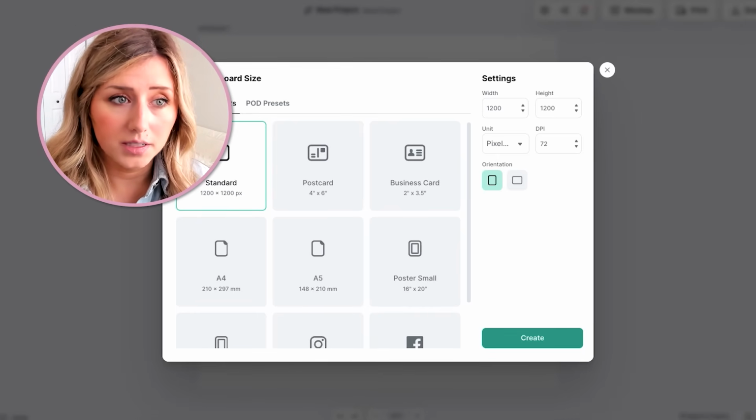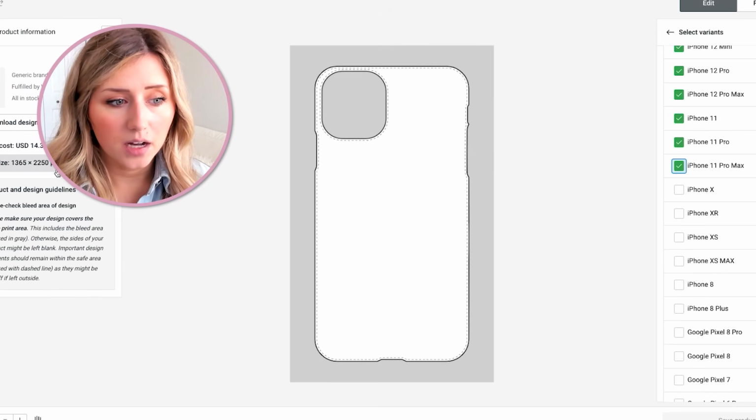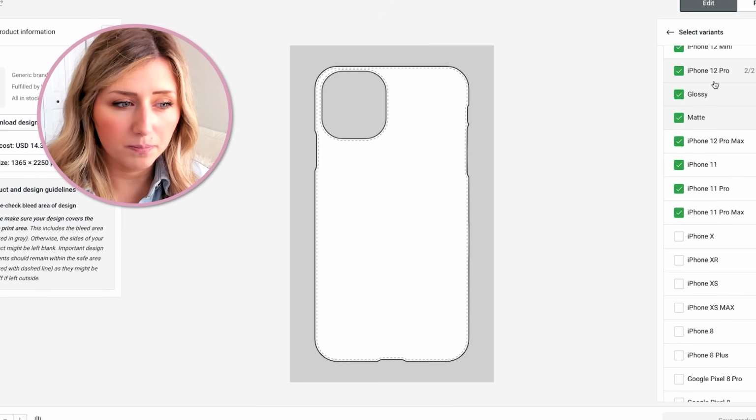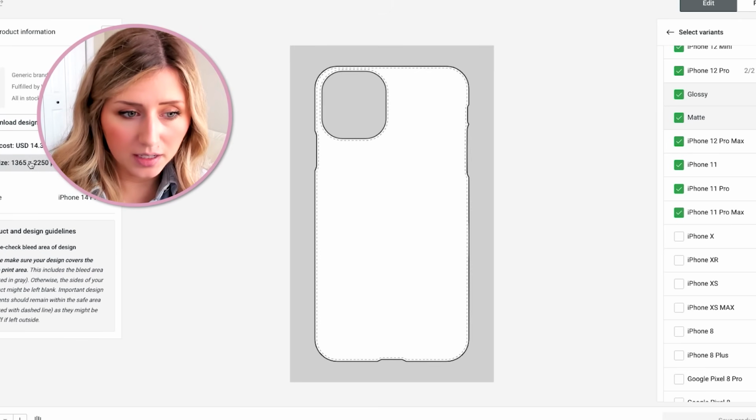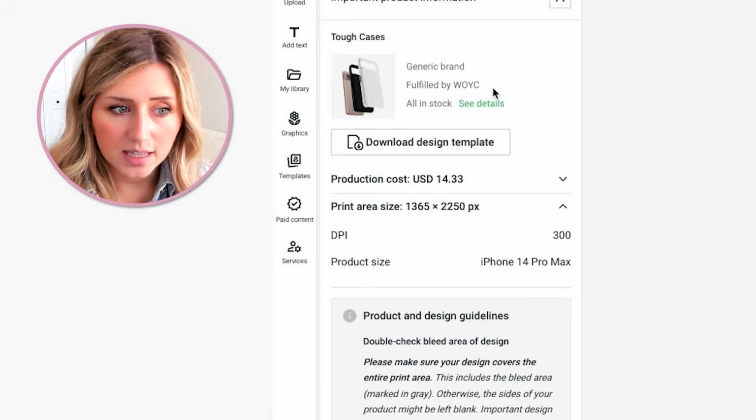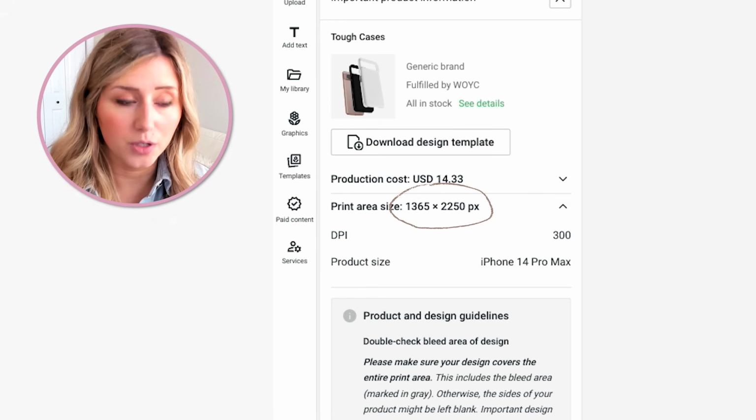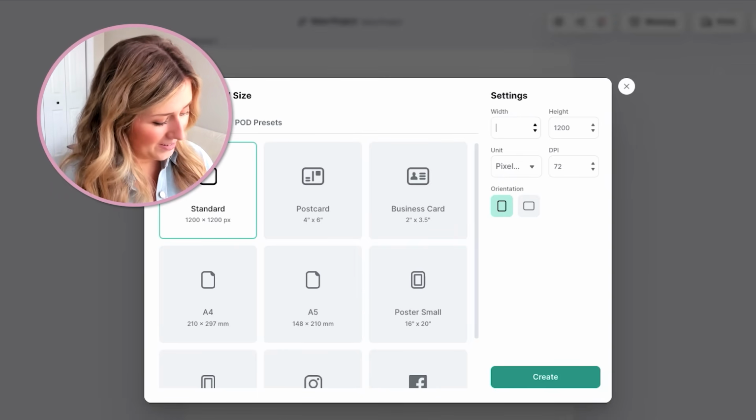So with our design here, it's asking for an artboard size. Now, with the Tough Cases, we can see that each print area size is going to be just slightly different, because an iPhone is going to print slightly different than a Samsung or a Google Pixel or what have you. The artboard size that we do want to follow is underneath the Tough Case description for WOYC, which is 1,365 by 2,250. I am not going to remember that, but I will try. So we are going to do